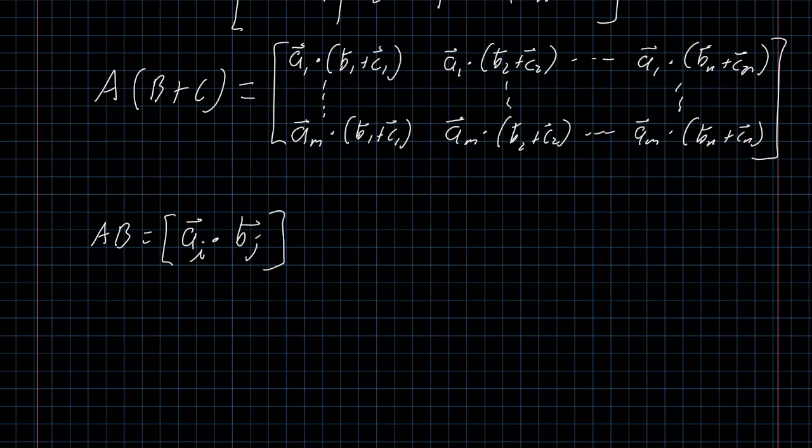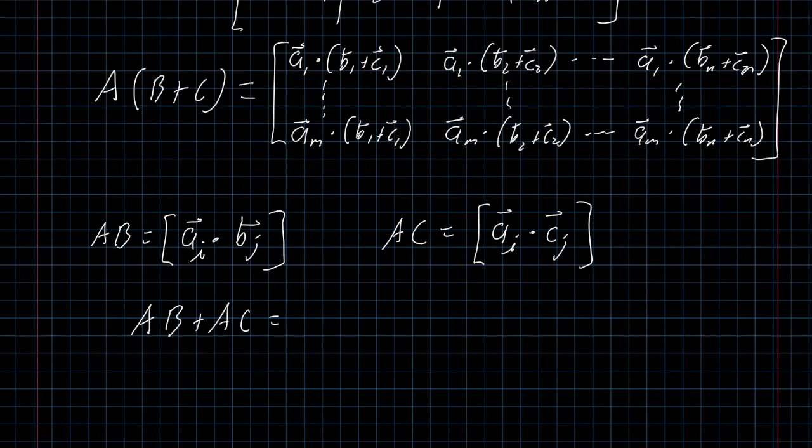Each entry is going to be the ith row of A multiplied by the jth column of B, doing a bunch of dot products. And if we multiply AC, we'll get the same thing. You could write it out in longhand like we did on the first one, but at this point, now that you see what the structure is, I think condensing it is going to make our lives easier, because what we were really looking at is AB plus AC, which is Ai dot Bj plus Ai dot Cj